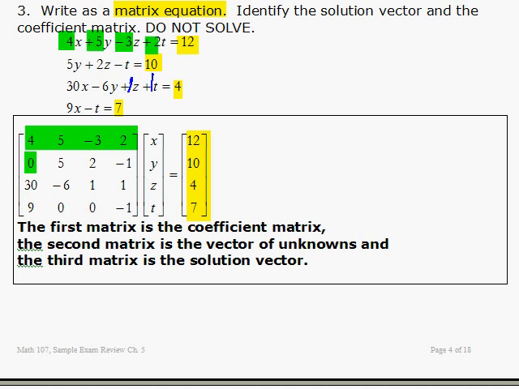So the coefficient is 1, not 0. It's 0 in this case because there are no x's. Okay. And the last one, you've got 9x, so the 9's here, no y's, so you have a